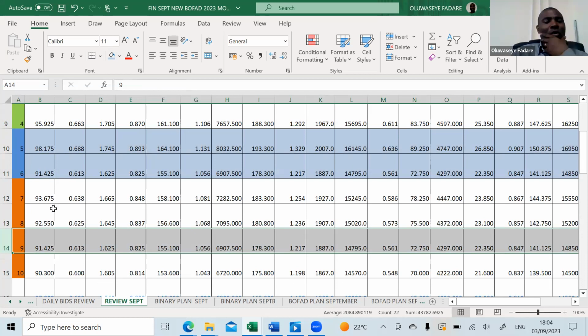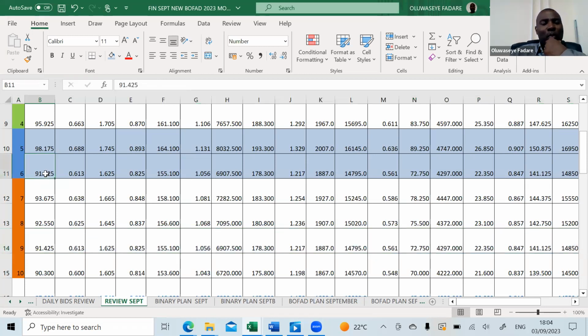So what it means is that, look, if the market comes down to 93.65 and comes lower, then I should expect it to come downwards to as low as 91.425. But if the market comes to 93.675 and then goes back upwards and doesn't come down again to 93.675, then that means the market is not coming down again. So as our first point of control,